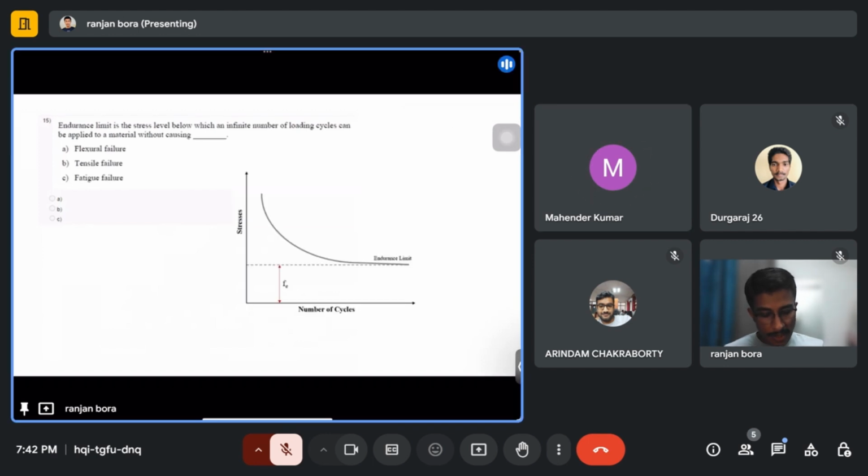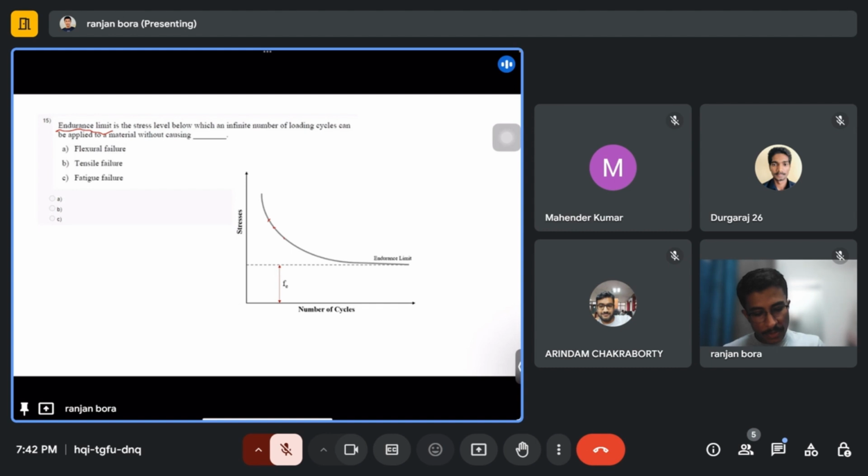Yeah, so this is the plot of stress and number of cycles. Endurance limit comes from the fatigue of any material, and we do one experiment to find out the endurance limit for any material. What we do is apply some stress, and we see after how many cycles the material fails for a particular stress. So if we plot those values, the failing stress with respect to the number of cycles, we'll find